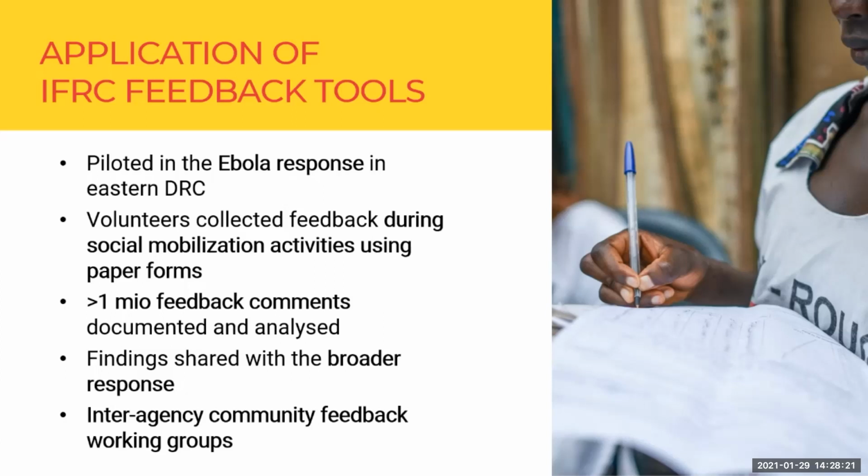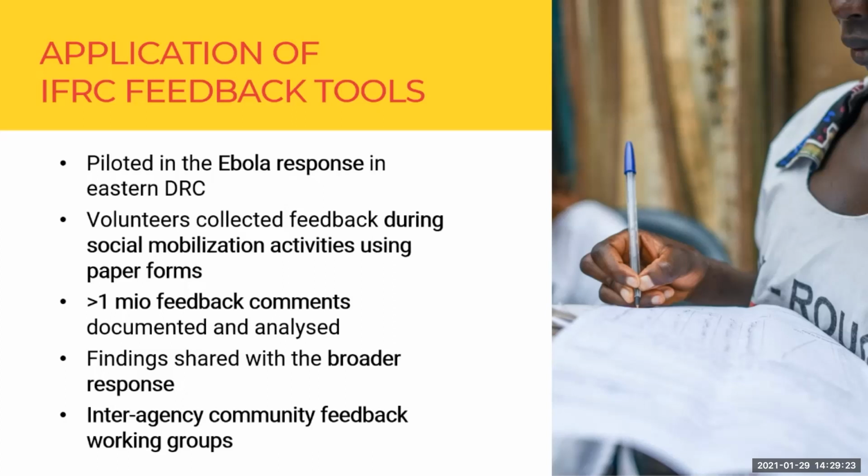And this turned into the biggest community feedback mechanism during an epidemic. Over the period of about 2 years, more than 1 million feedback comments were documented during face-to-face interactions and then analyzed. This feedback data was analyzed on the local level. It's still being analyzed, so the feedback system is still up and running now in Equateur, in DRC, after the 11th outbreak, and the findings are then shared internally as well as externally with the broader response. So on a regular basis, this feedback was analyzed, coded, and shared with everyone involved